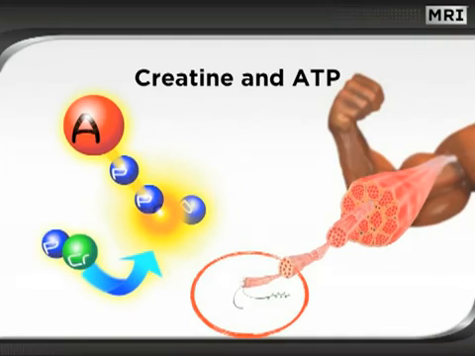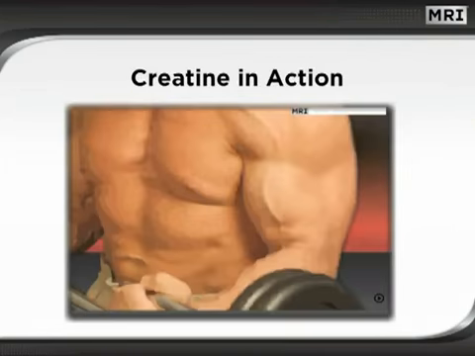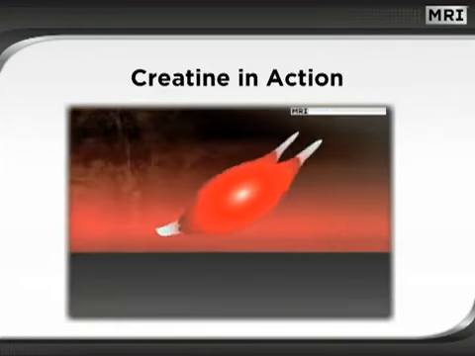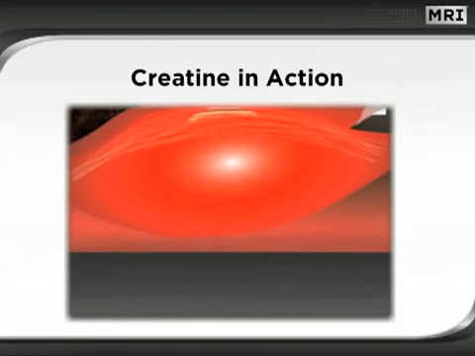Creatine is stored in muscle cells as phosphocreatine, a creatine molecule bound to a phosphate. Creatine's job is to quickly replace phosphate fuel to replenish ATP. Maybe the best way to demonstrate this is with an animation. So let's take a journey deep inside of a muscle, all the way down to the innermost workings of a